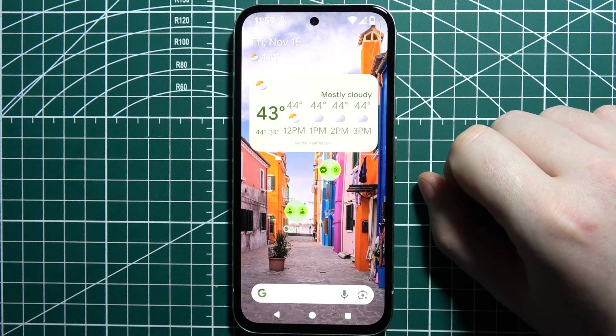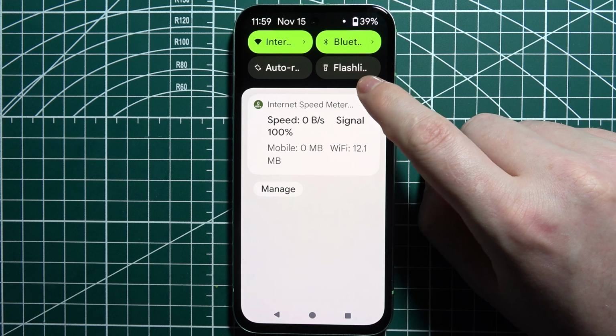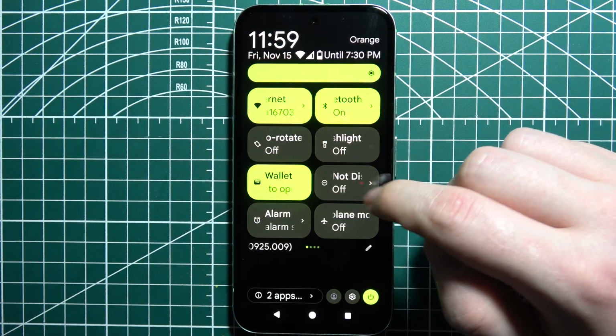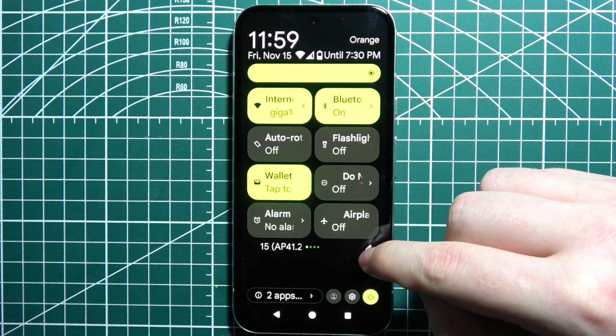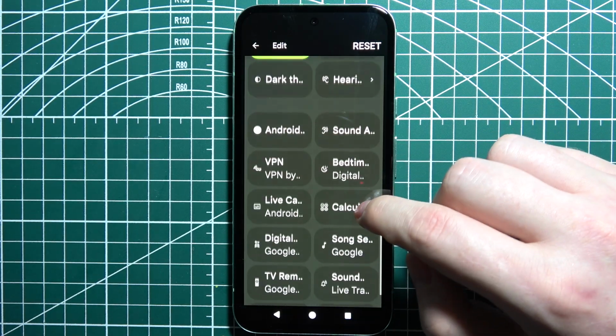To use Do Not Disturb mode on a Google Pixel phone, first we'll need to swipe our finger from the top of the screen, swipe down again, and right here in this panel you should be able to find Do Not Disturb mode, and that's the first option to access it. If you can't find it right here, you can click on the pen button to bring it from